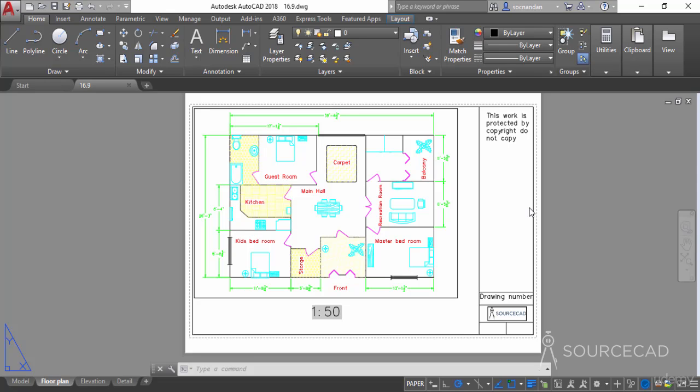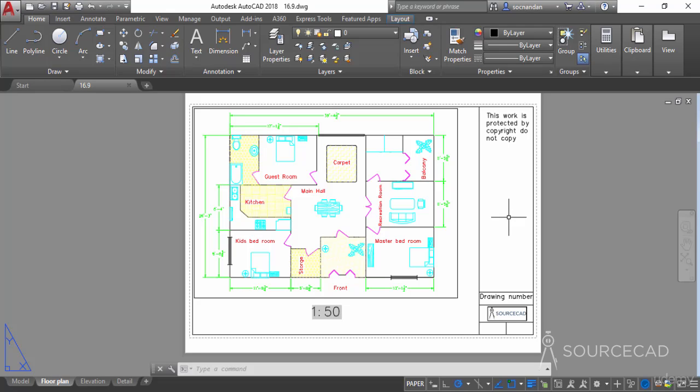So although the drawing will be completely colored, when you send it to a plotter, it will be printed as a black and white or a monochrome drawing. In a similar way, you can add a different plot style table. For example, all the text in this drawing is currently red. If you want to change the color of this text in the plot style, you can assign it as green, and all the text in this drawing will be plotted as green, even though it will remain red in this drawing. So we'll learn to make our own colored plot style table, but before that we'll check the current plot table